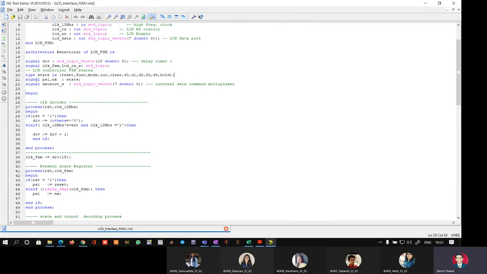Line number 21, I am defining two signals, PS1 and NX, which belong to the new data type created on line number 20. We have seen this concept of creating a new data type and defining signals belonging to those data types when we learned how to do VHDL modeling of state machines. If you remember the state diagram, it was a Mealy machine, and this state machine was going through 4 states A, B, C and D. Now in VHDL, there is no data type which can actually hold values such as A, B, C and D because they are alphabets.